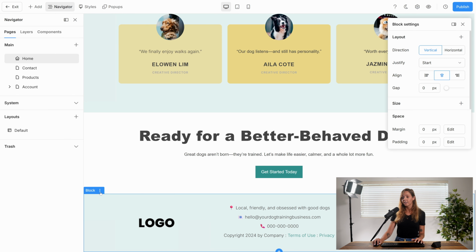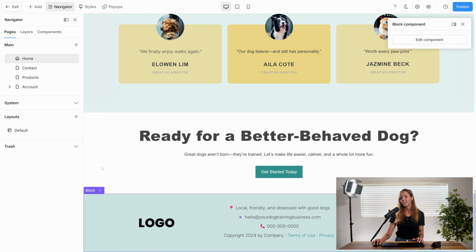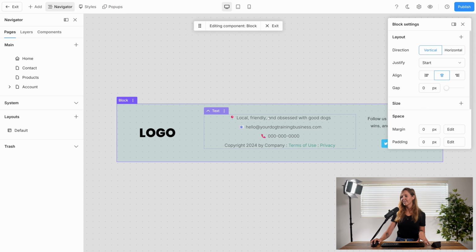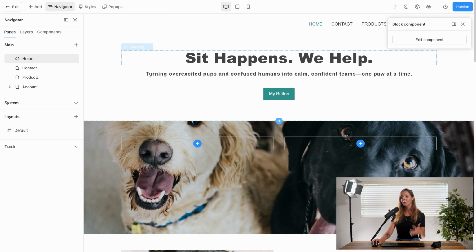So to do that, I'm going to click on those three dots and I'm going to hit component. That is going to save this block as a component. And you'll see here that I have the option to then edit this component. And it's going to open up this beautiful editor where we can just focus on the way this singular component looks. So for right now, I'm going to exit out of this and I'm going to apply that to a